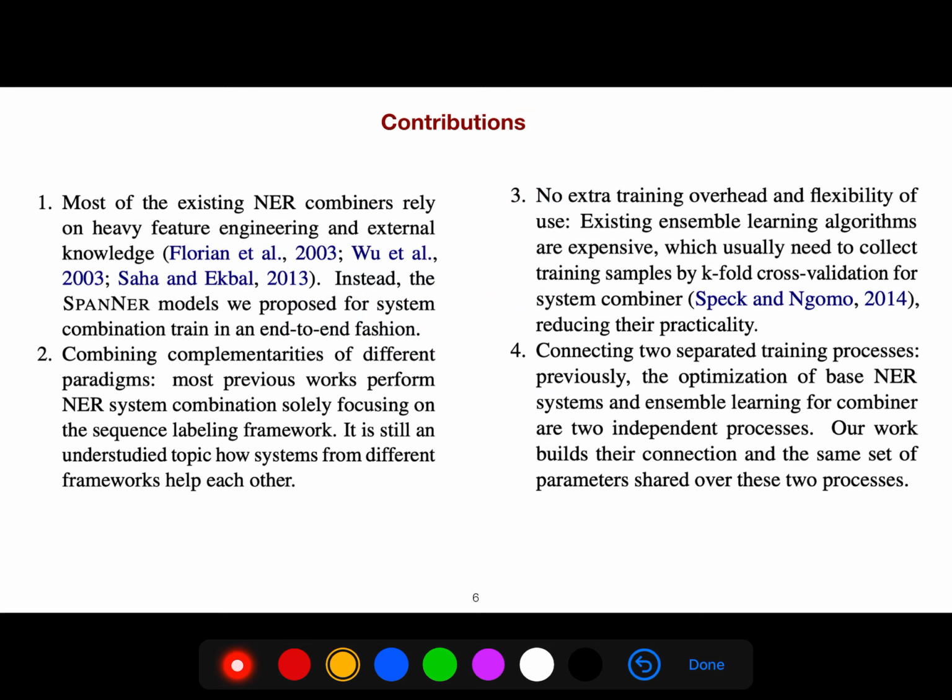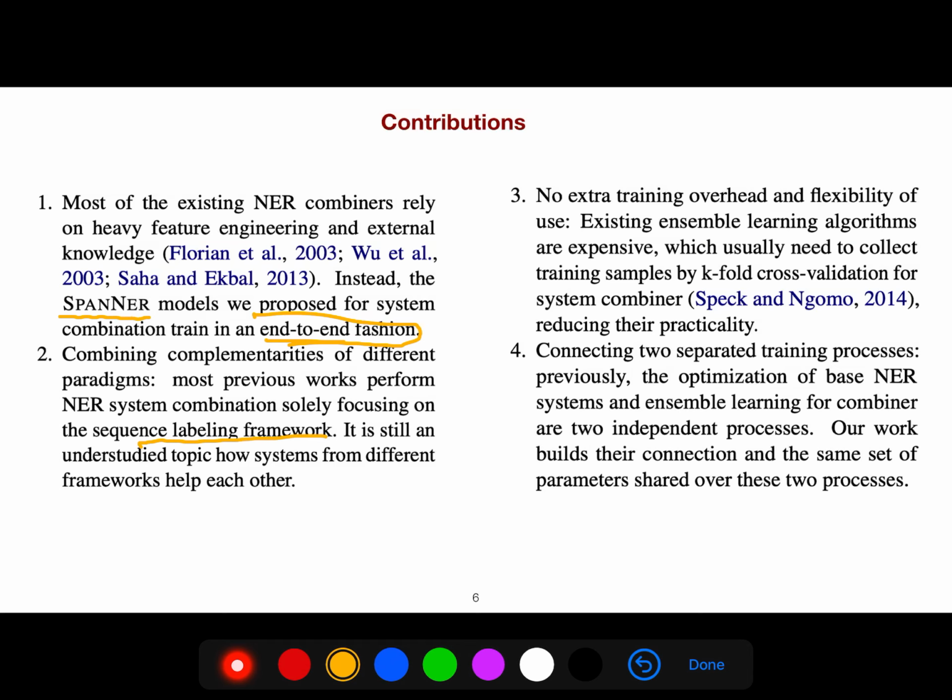Most of the existing NER combiners rely on heavy feature engineering. Instead, the span NER model that they propose in this paper is for system combination, trained in an end-to-end fashion. Combining complementarities of different paradigms, most previous work on NER solely focused on sequence labeling. It is still an understudied topic how systems from different frameworks help each other. There is no extra training overhead, and it is flexible to use.